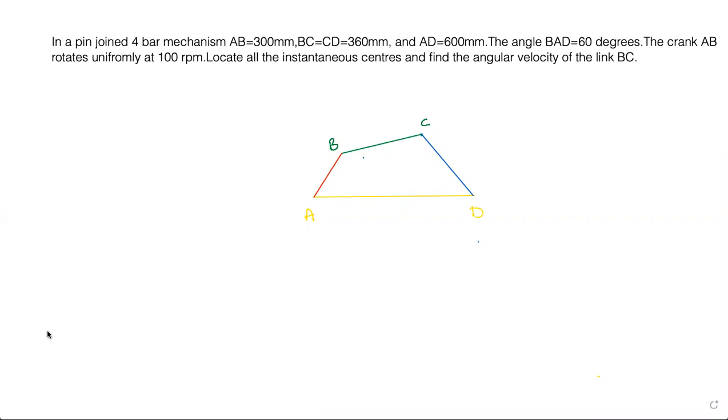So firstly you have to draw the configuration diagram of this, like this will be the given sketch in the examination in the question paper or in your textbook. This will be given, so you have to redraw it using these values, and then you have to construct it properly. This is the fixed link, which is AD. Now to find out instantaneous centers,